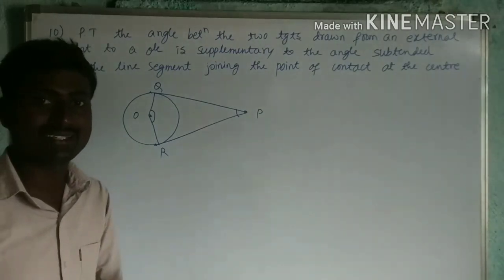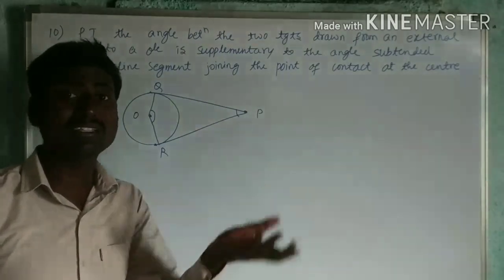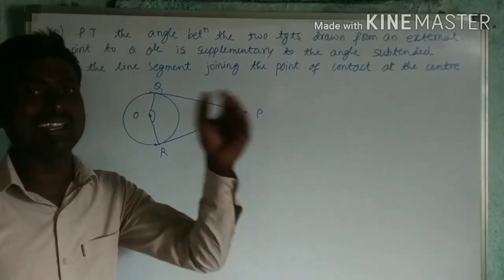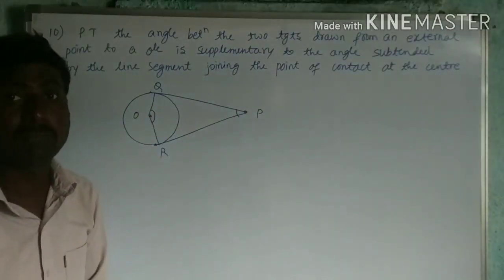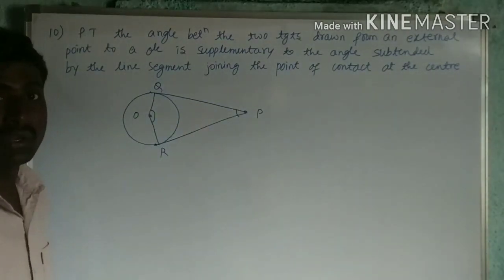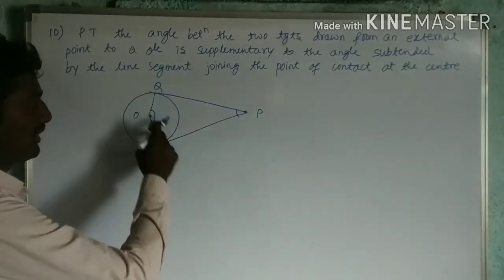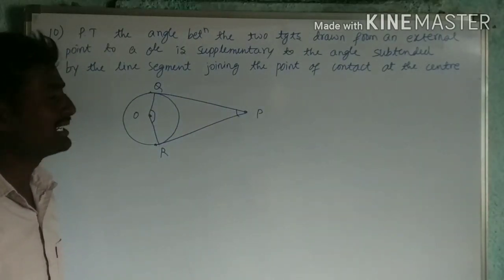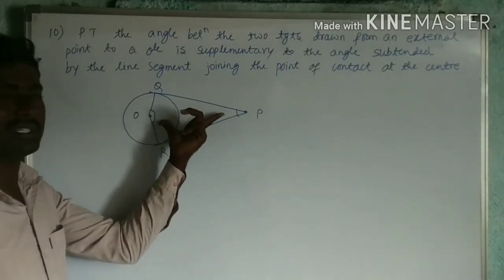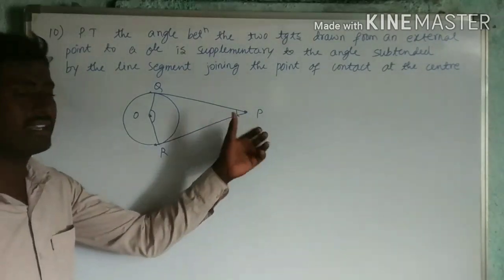If two angles are supplementary, I can say the sum of those two angles is 180 degrees. If the sum of two angles is 90 degrees, we can call them complementary angles. If the sum of two angles is 180 degrees, I can call them what? Supplementary angles. Now, the sum of these two I want to prove as 180 degrees. By observing only you can identify. Since it is a quadrilateral, the sum of all these four angles is 360 degrees. So these two angles are 90. By substituting these two angles, I'll get the sum of these two angles as 180 degrees. Then it says that these two angles are supplementary.